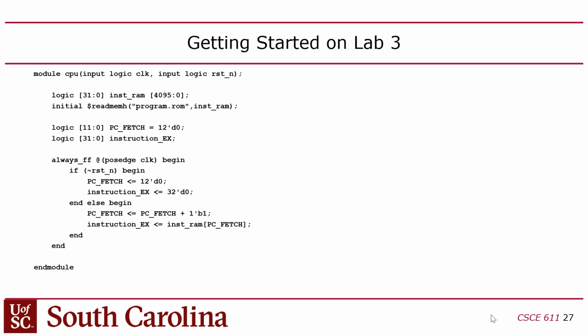How weird and coincidental is it that RARS just happens to save a file that matches what's expected here in Verilog? You have to save it. So you go to dump memory in RARS and you tell it you want a hex file, and it'll dump a hex file, which is the hexadecimal version of your program, into a text file which is compatible with this initial statement, right? So all you have to do is export your code from RARS, and then it will automatically